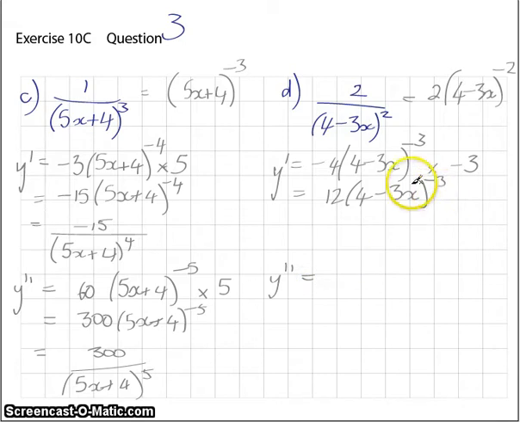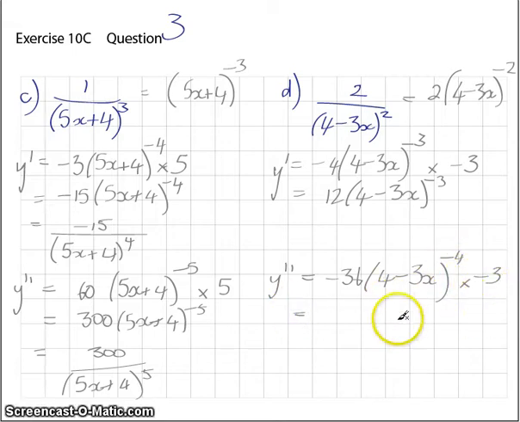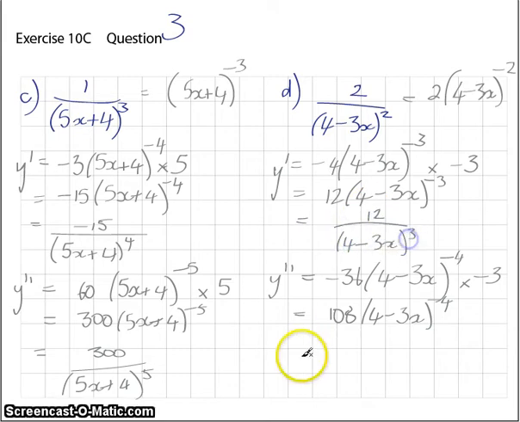My second derivative is minus 3 times 12, which is minus 36, one off the power, times the derivative of the inside, which is minus 3. Now I need to do 3 lots of 36. That's going to be 3 lots of 30 is 90, plus the 18 there is 108. That's positive. (4 - 3x) to the minus 4. Come back, write this as a fraction. And this one